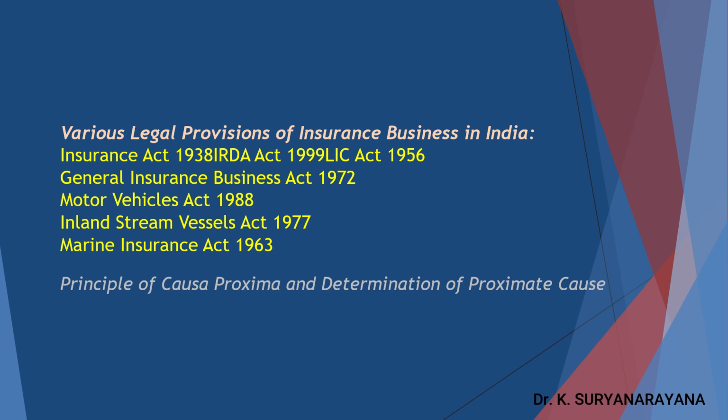It is concerned with how the loss or damage actually occurred and whether it is indeed a result of an insured peril and is payable under the affected policy issued by the concerned insurer. The loss of insured property can be caused by more than one cause in succession to another. The party may be insured against some cause and not against all causes. In such an instance, the proximate cause or the nearest cause of loss is to be found out. If the proximate cause is one which is insured against, the insurance company is bound to pay the compensation